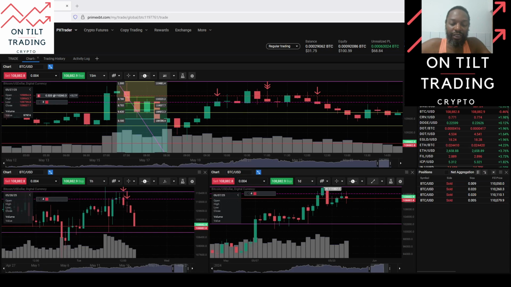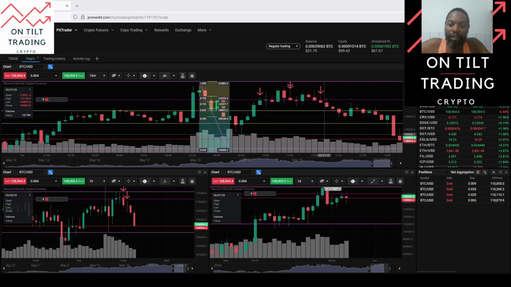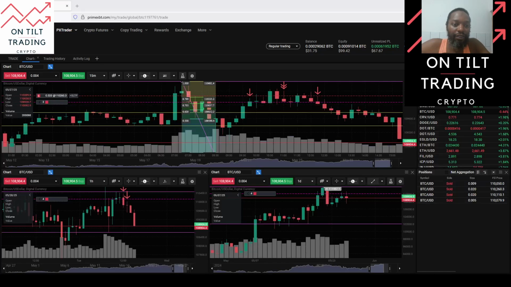I'm trying to do a better job when I'm taking short positions, taking them in an area of premium, so making sure I'm above this 50% equilibrium if I'm going to short a position, or if I'm going long, making sure I'm down here in a discounted area. But these are the positions that I've taken here. And then with the price action, we can see in addition here,